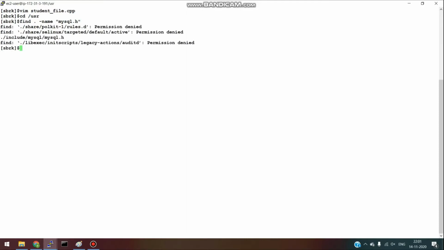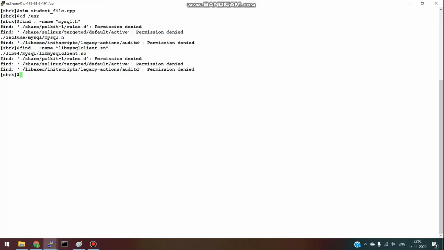As you can see, mysql.h is inside the usr include mysql folder. Now let's find the library. The library name is libmysqlclient.so. It is here inside the lib64 mysql folder. So we will include these two paths while compilation. Let's do that.